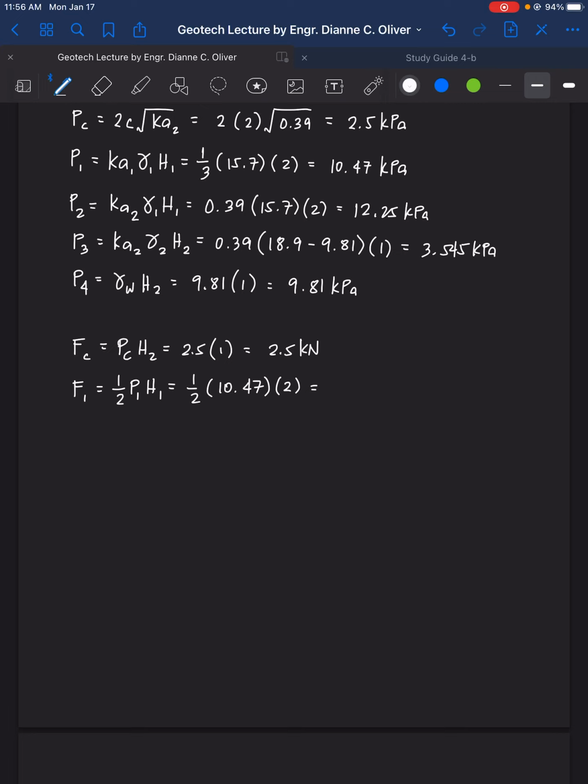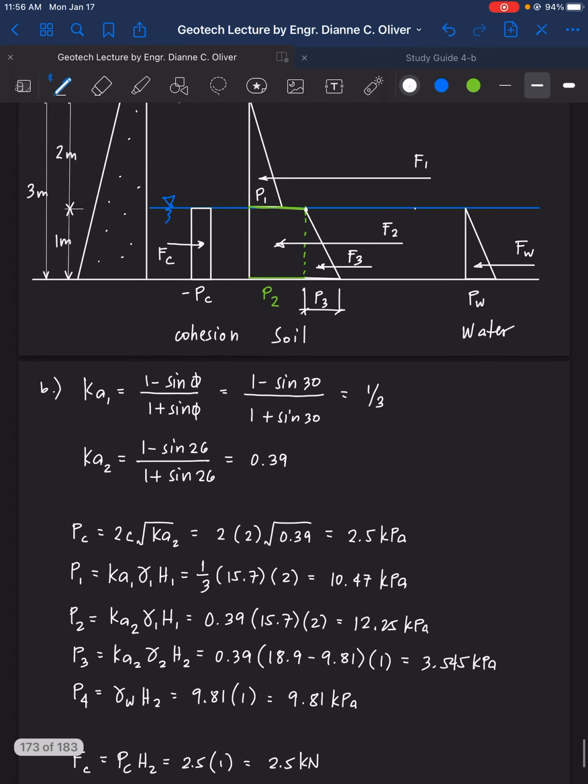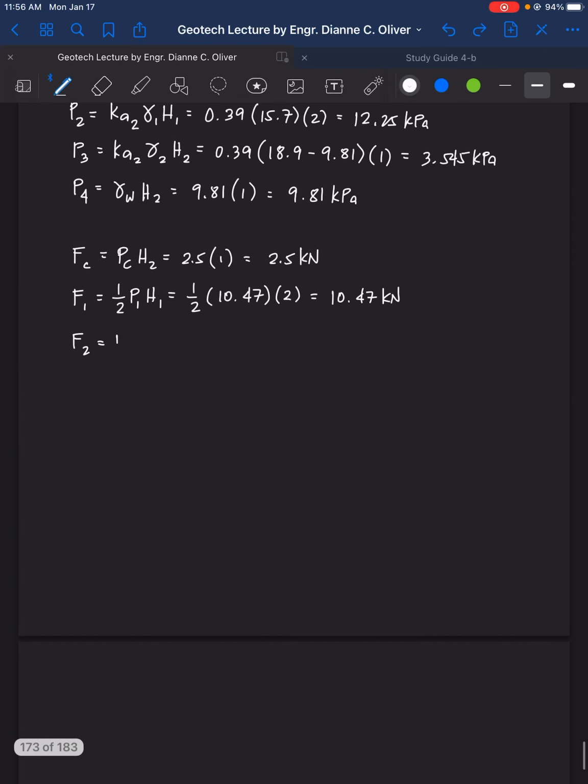That is equal to 10.47 kilonewton. F2, the special case a while ago, it's rectangular, so it's just P2 times height. So P2 H2, P2 is 12.25 times 1, so that is 12.25